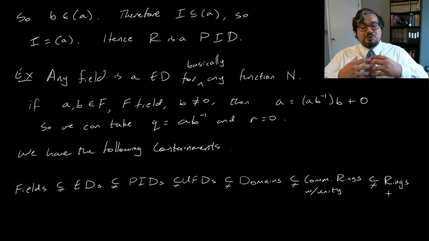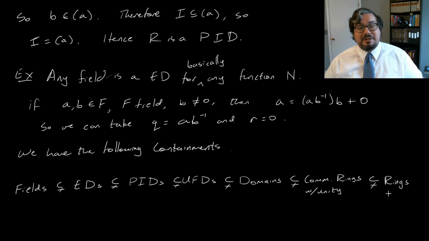If you study commutative rings with unity, well, then you don't know whether or not you have zero divisors or not. You don't necessarily have unique factorization, and so you need to work harder to get statements that apply to all commutative rings with unity,